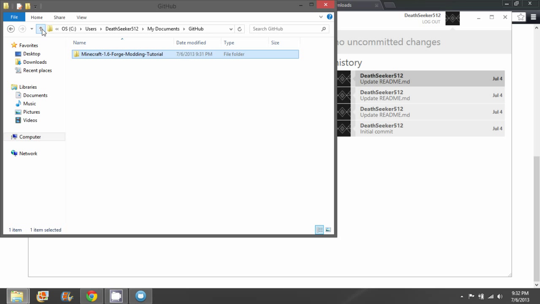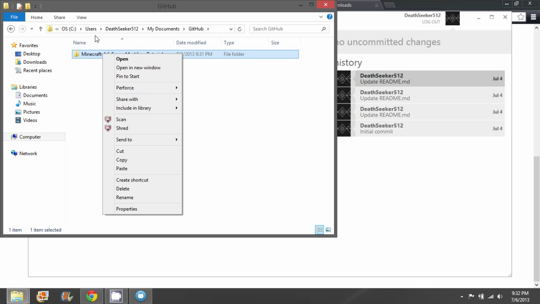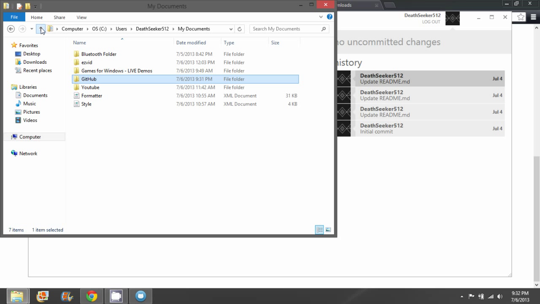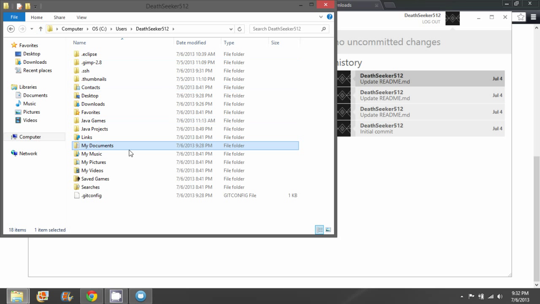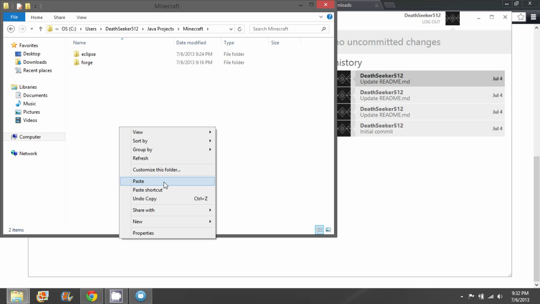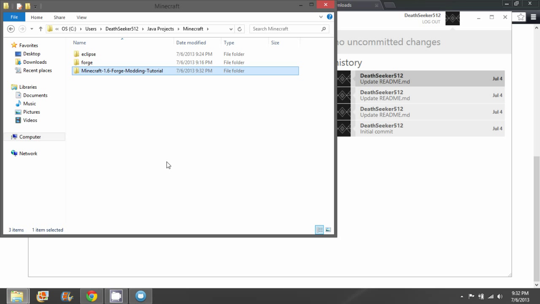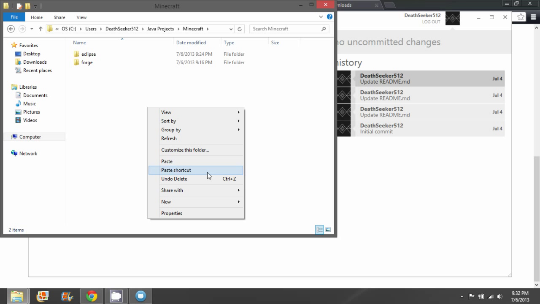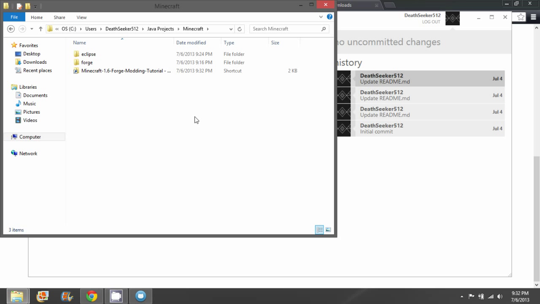It doesn't even have to be there anyways, but I right click, copy, and I guess into Projects, Minecraft, right click, delete, right click, paste shortcut, and voila. Hopefully that'll work. Please work.